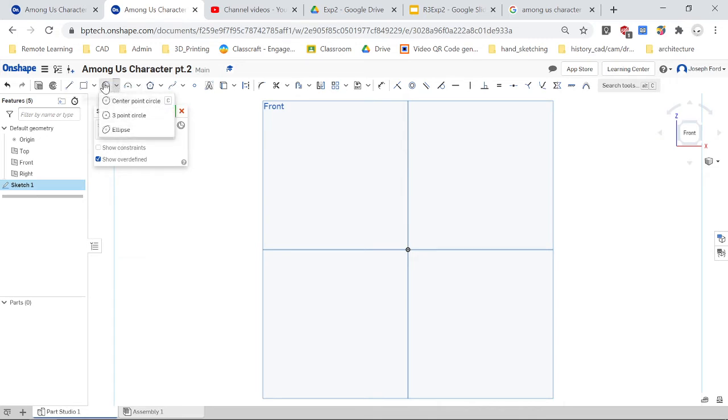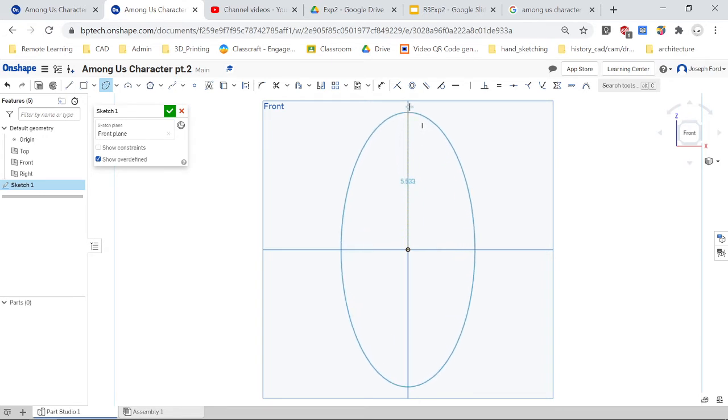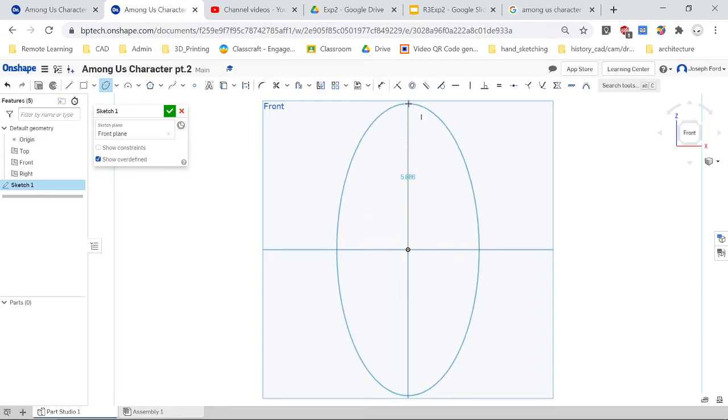So go up here into the circle drop down, and click on ellipse, and the first point is the middle, so click on the center, and I'm just going to go straight up like so. And again, this is an organic shape, so we don't have to go crazy about dimensioning it. I'm going to go about 5.86,